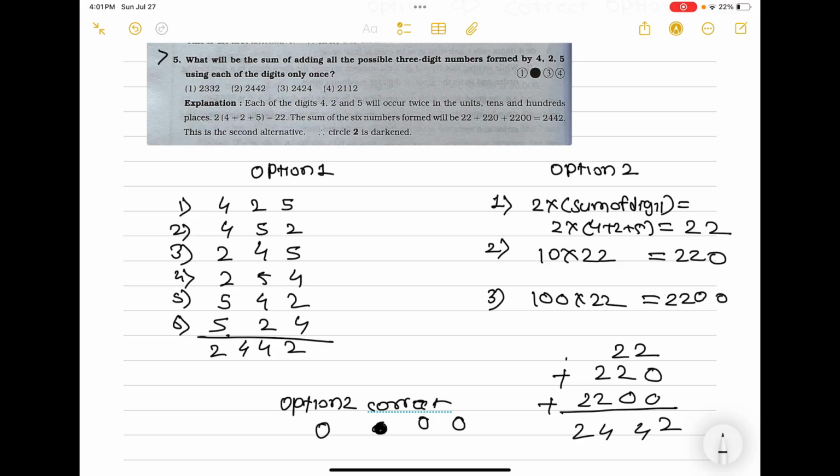Okay, so I am repeating again what you need to do. For 3 digits, write 1, 2, 3. 2 into the sum of the digits means 2 into (4 plus 2 plus 5), which is 22. Then 10 into 22, 100 into 22, because there are 3 places. This is the unit place value 22, this is the tens place 220, and this is the hundreds place 2200. Do the sum of this, and you will get the sum of all possible 3-digit numbers that can be formed